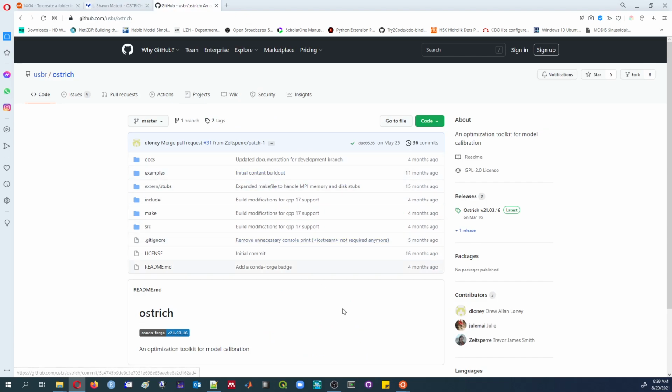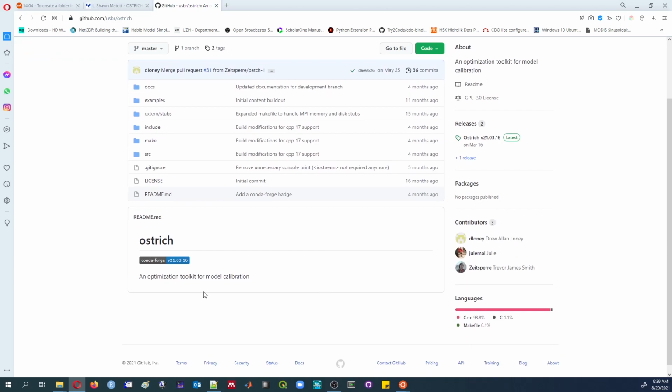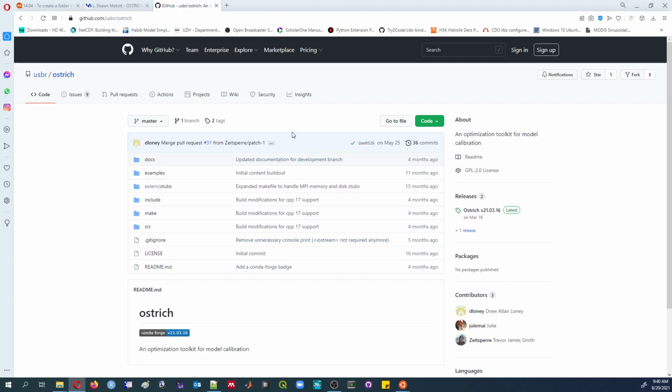The other one is well maintained, updated 4 months ago, and the version is 21.03.16. This is newer, and I think there are no major changes, but I recommend it if you are a Linux user,